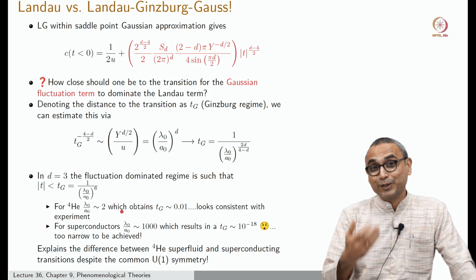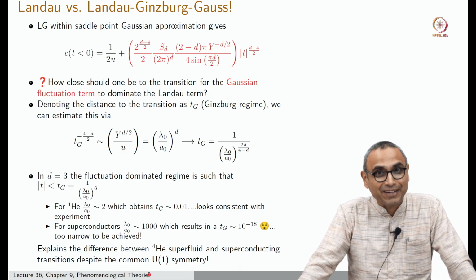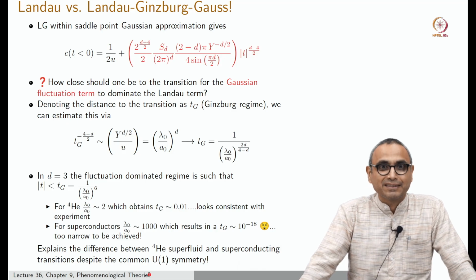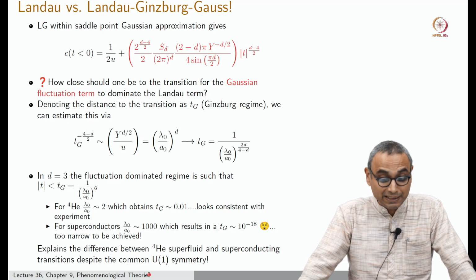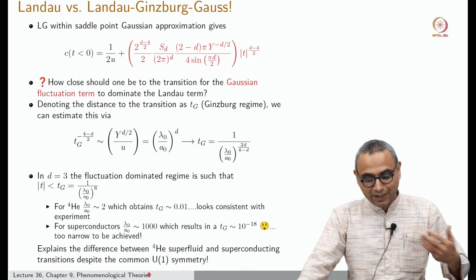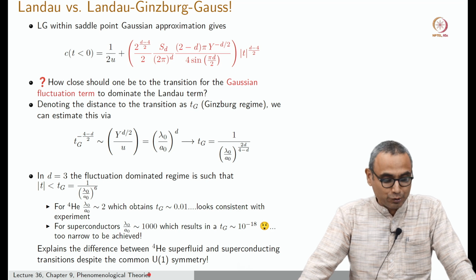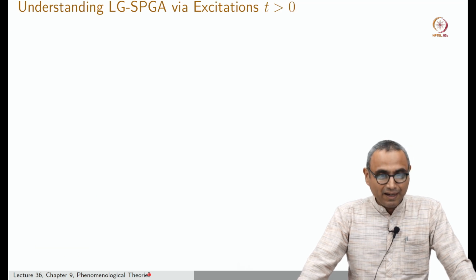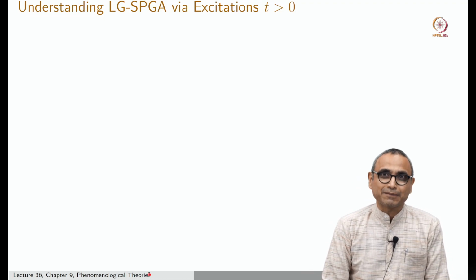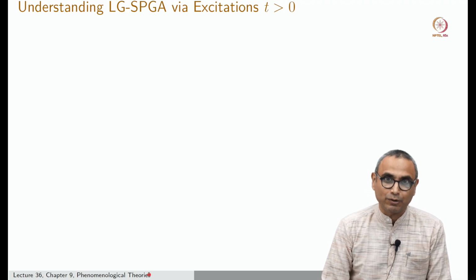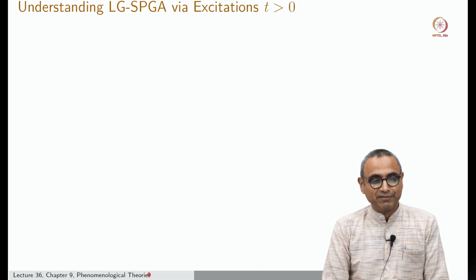So, even though we are not able to pull off the critical experiment story, we are able to understand some qualitative aspects of experiments from the study of Ginzburg-Landau theory, even within the Gaussian fluctuation approximation. This is very useful, and as we proceed in this lecture, you will see that Landau-Ginzburg theory has a lot more to teach us. Okay, so we have now made some contact with experiments. We know that some qualitative aspects of Landau-Ginzburg theory within the saddle point approximation help us explain a variety of things.